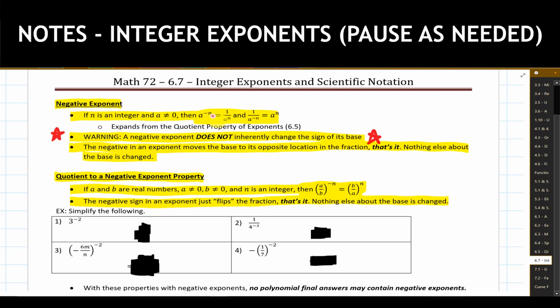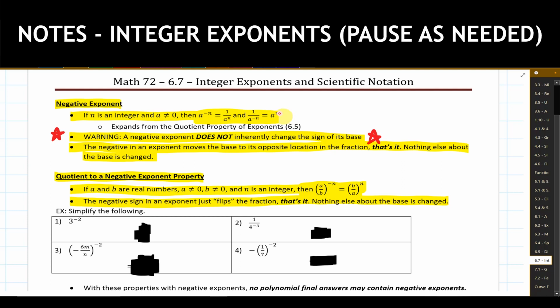We would deal with that exponent accordingly, if possible and if necessary, based on the problem and the numbers we've been given. Our other alternative is we've been given 1 over a to the negative n power. And kind of conversely to what we did with our first example, we have the base currently in the denominator of a fraction. So what is this negative sign in the exponent going to do? Well, it's going to move this base from being in the denominator of a fraction into the numerator of a fraction, like we have right here. And we get a to the positive n power.